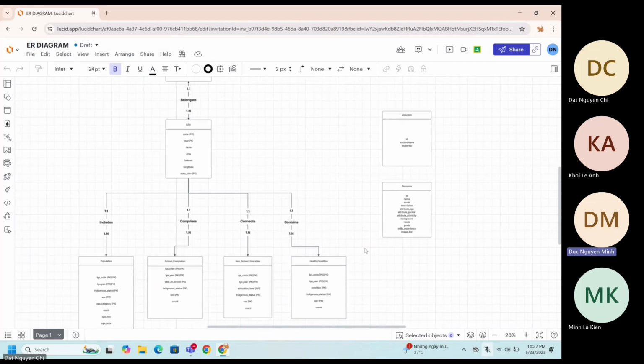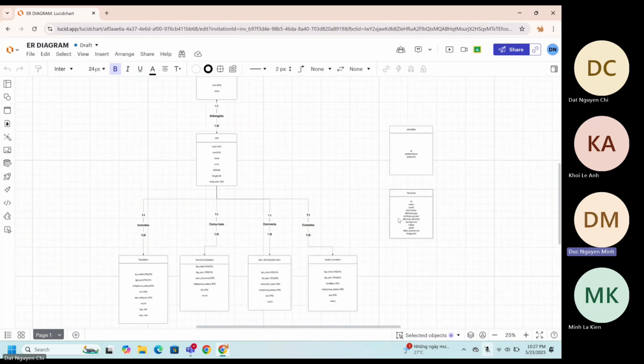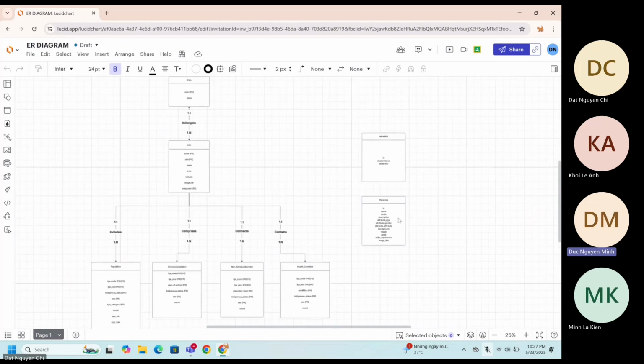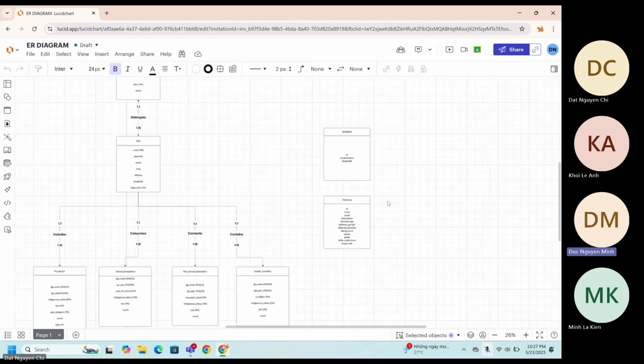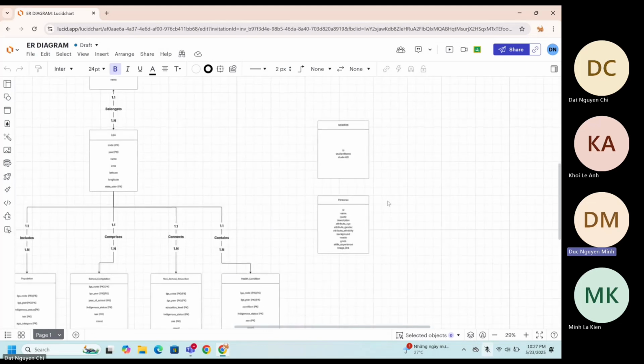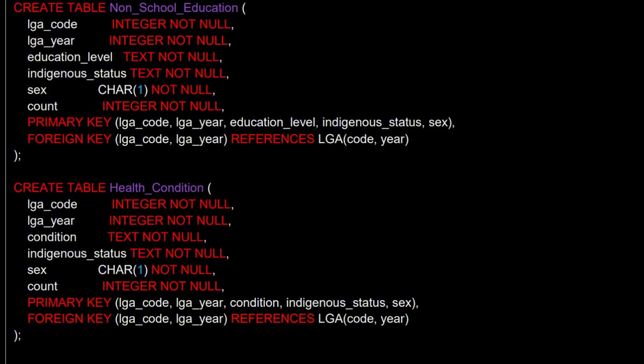Each of these 4 datasets links back to the LGA using a foreign key to ensure consistency and support comprehensive regional analysis. Overall, this structure allows us to efficiently query and compare socioeconomic outcomes both across time and between indigenous and non-indigenous populations. That concludes the overview of the ERD diagrams. Moreover, we also have the member and percentages tables, which are independent from the others. And also our relational schema of them, as you can see,